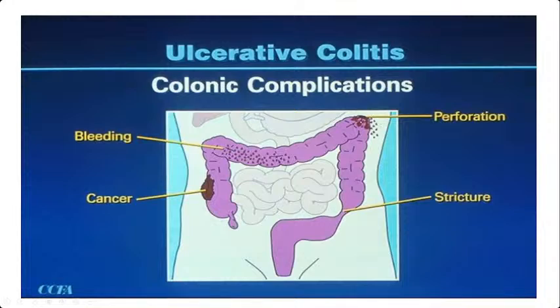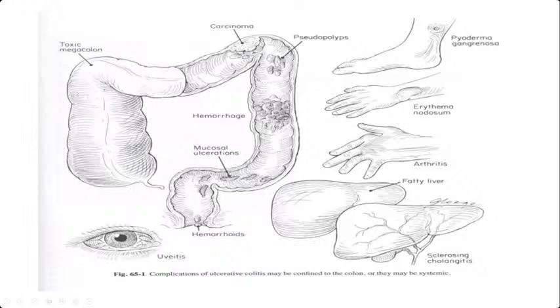Perforation, because there's mucosal atrophy and severe thinning, and strictures and adhesions, toxic megacolon, pseudopolyps, hemorrhage, and chronic anemia, hemorrhoids, and then uveitis,